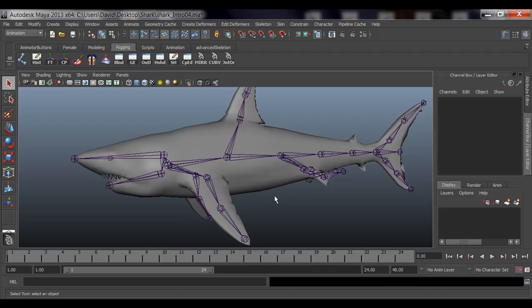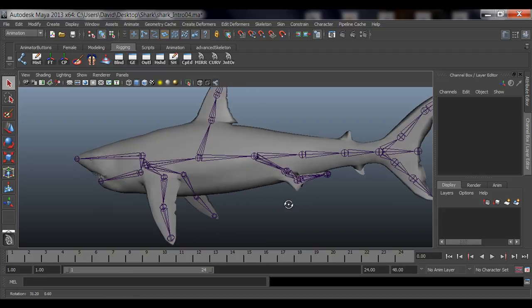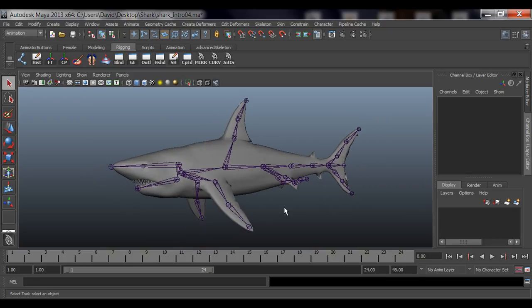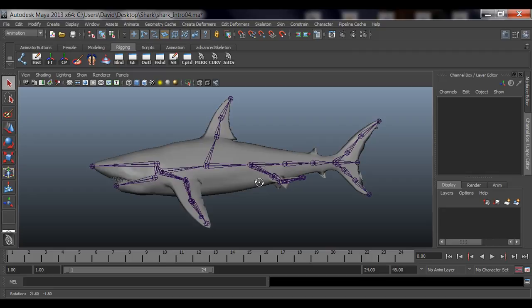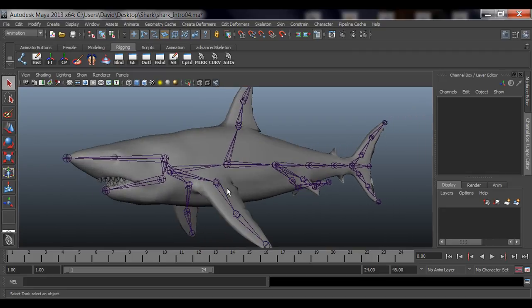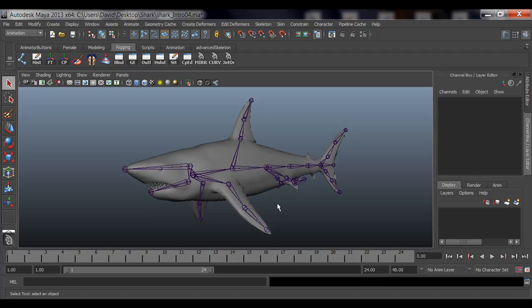Finally, I know a lot of you guys have been asking me this on Facebook. How do you add controllers to a character? How do you start moving it? How do I bring it to life? You start going all crazy. And I love you guys for that, but I'm gonna show you right now how to make those